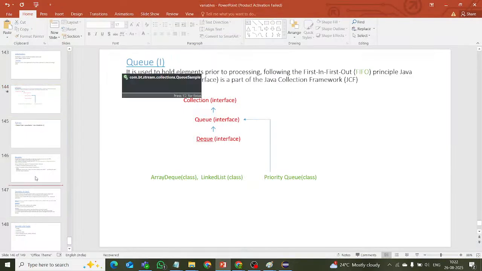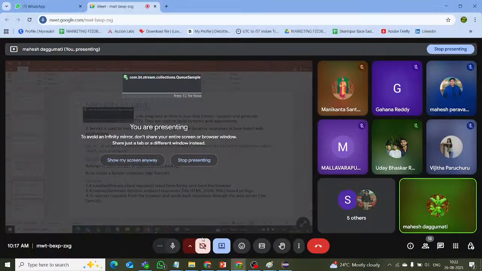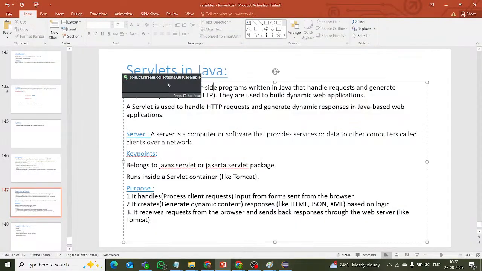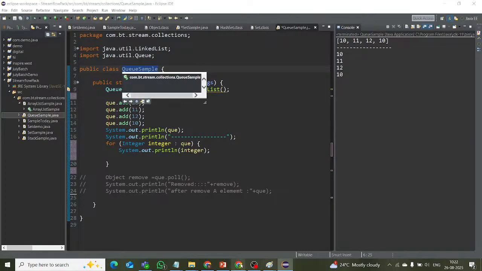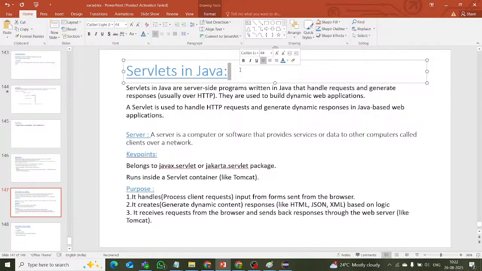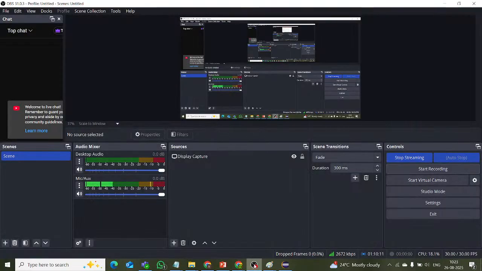Next class we will discuss servlets. Just a minute. Next class we will learn about servlets. We will download the Tomcat server and we have to download Java EE. How to write this servlets code we will see next class. Okay, that's it about